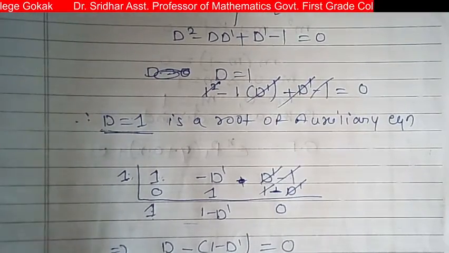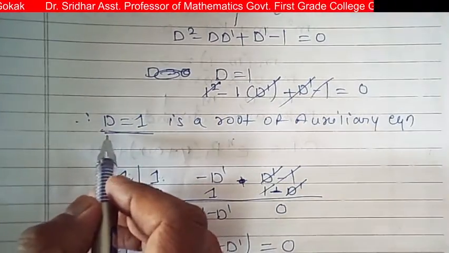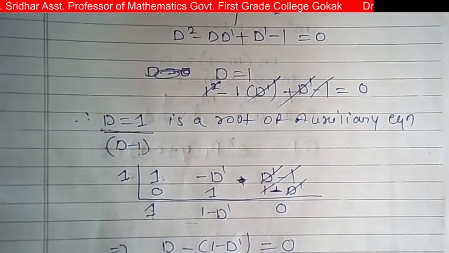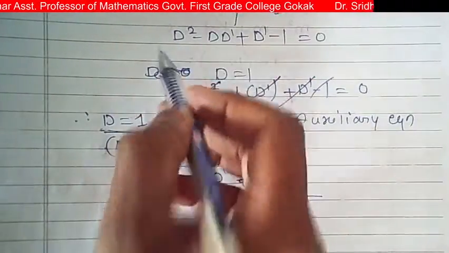So we get, now for this root the factor is d minus 1, so therefore this can be factorized as,